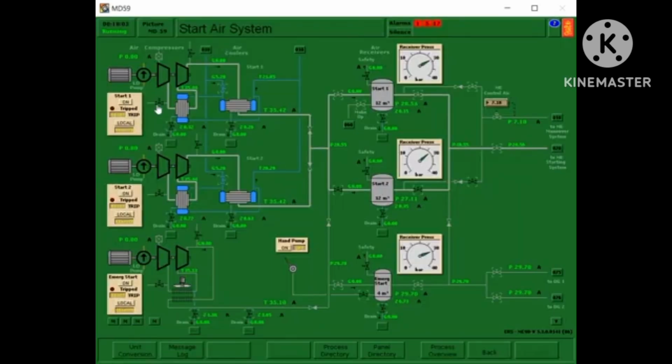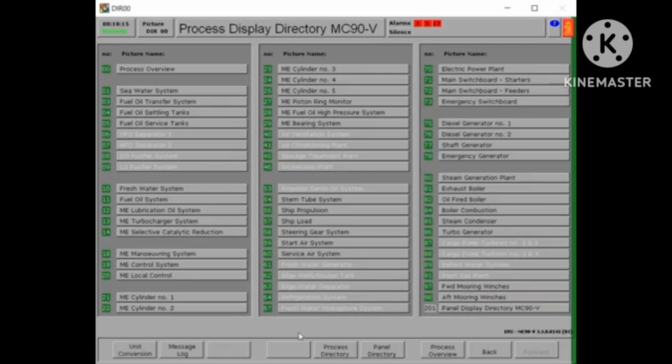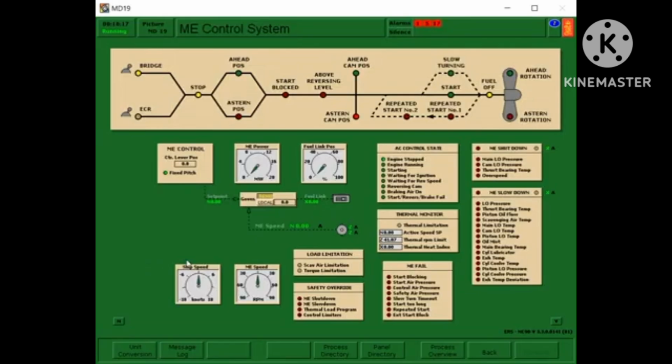Need to go to restart system. So everything is okay, as you can see. Need to go to MD18. So it is okay. There are no alarms and signals.